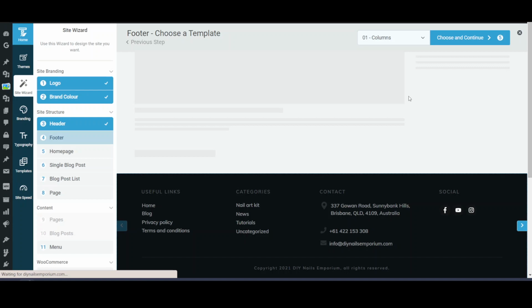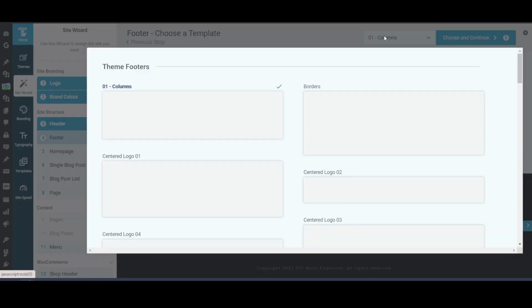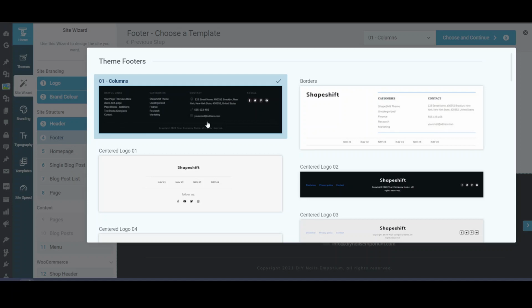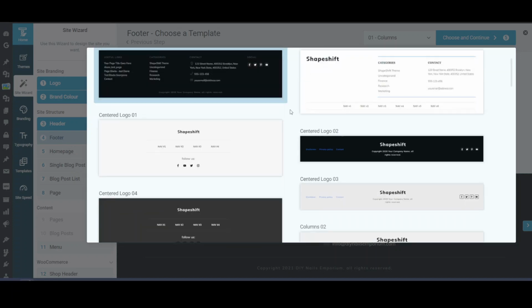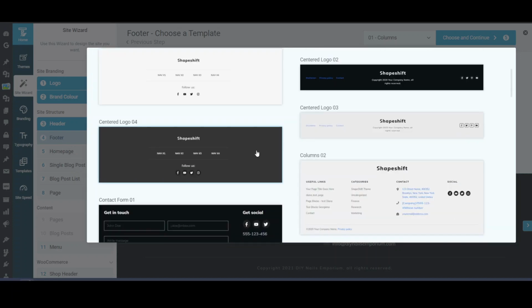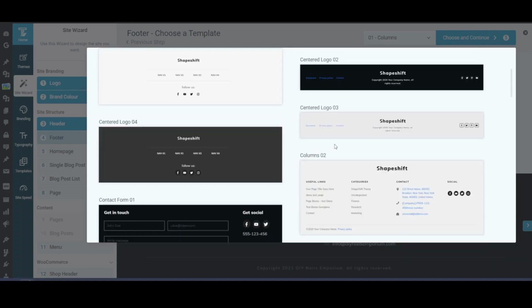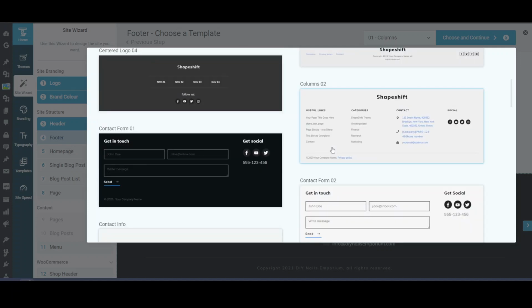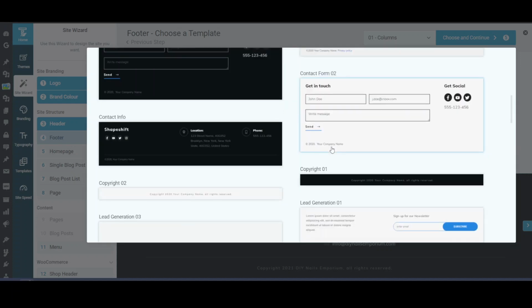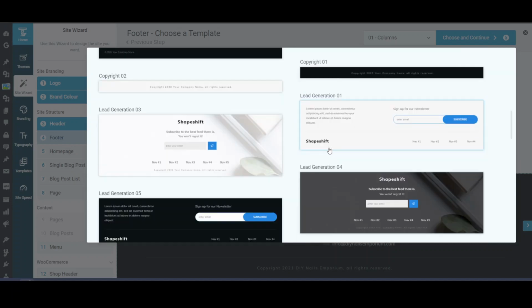So here again we can choose different types of footer. So there is this one of the footer that is available. Apart from this, there's this footer, so it depends upon you what design you like. You want to show any address or not. If you don't want to show any address, then choose a footer according to that. Since we are not a local business, we don't want to show the address here, so we can try to see what other options we are having.